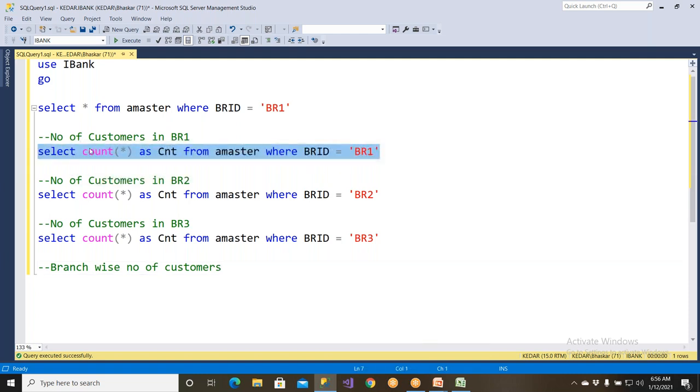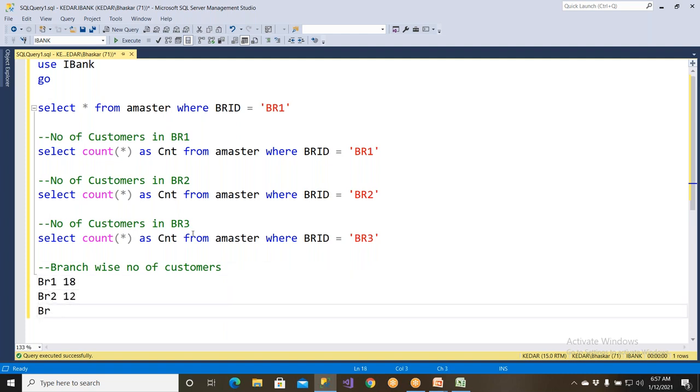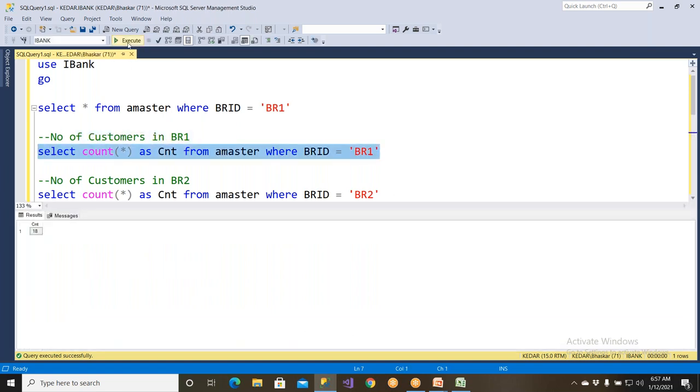That means they don't need individual queries, because where clause is going to eliminate the data and it is going to be performing aggregations on it, right? So they need branch wise number of customers. That means they need it like this: branch BR1 18 guys, branch BR2 12 guys, branch BR3 3 guys. Like that, they need all the data to be written like this. But here we are going to get only individual